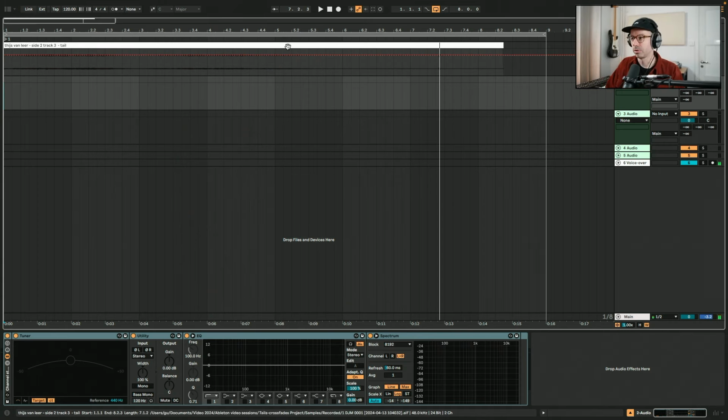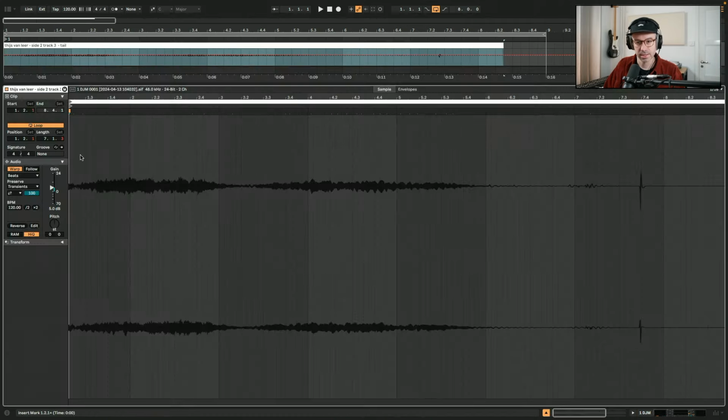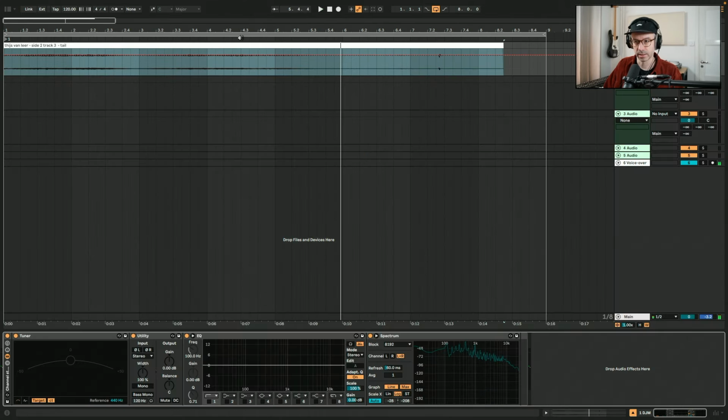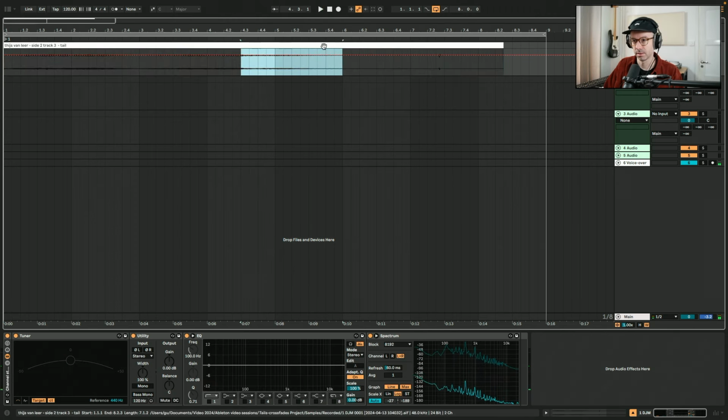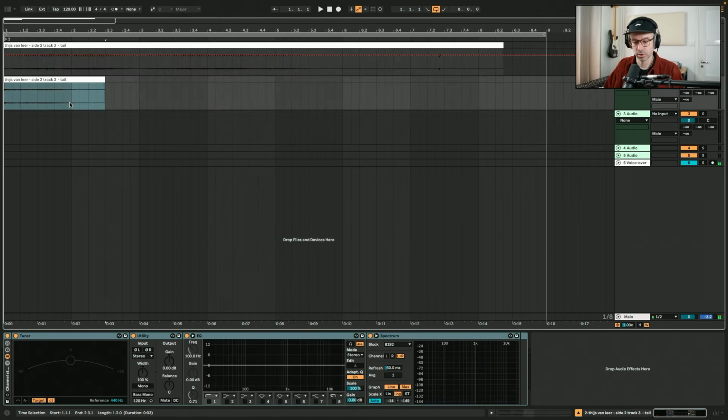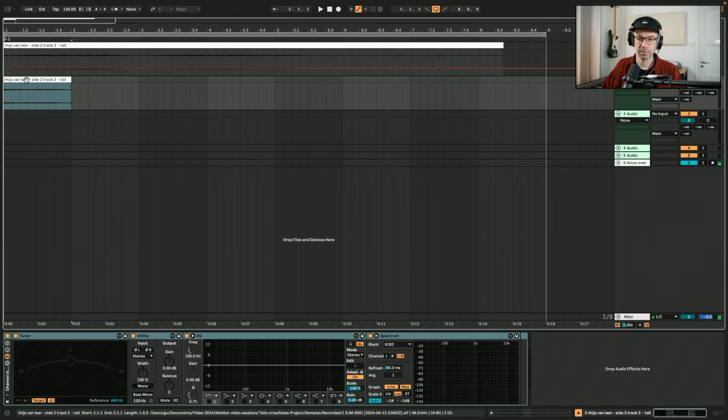So here on Ableton, on the first track, I have the sample that I just played. As you can see here in the file, it's especially here the last part that I'm interested in. And you see that it is playing a sharp. So I'm just gonna copy more or less this part, put it on a new track. And I want a loop that is only 1 bar. So if I play this now,